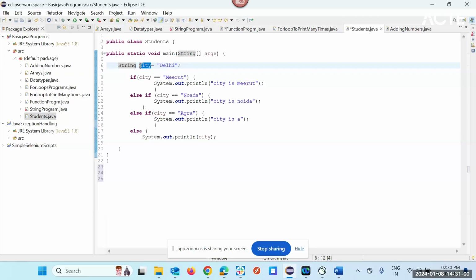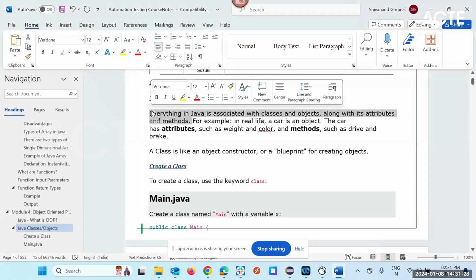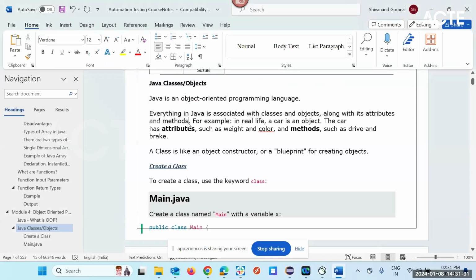We have assigned this reference as an attribute or value. We have used a method, and within that method it will compare. A method ends with simple brackets, and within that you can mention the comparison. So any program is associated with class, object, attribute, and methods. The entire program will be playing around these four